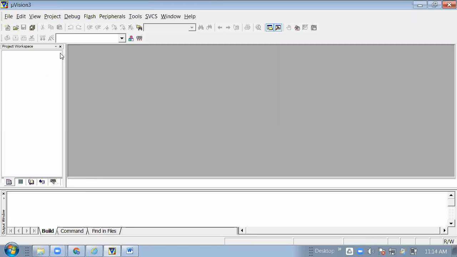Then go to how to write the program, because in your unit number 3 there is how to write the program. If you have a PC, then install the Keil software on your PC, and then run the software on your PC and do the programming, because after completion of the instructions we are going to the programming.